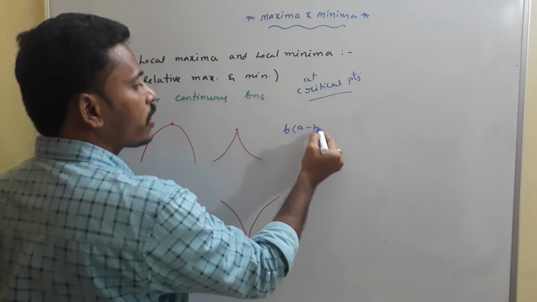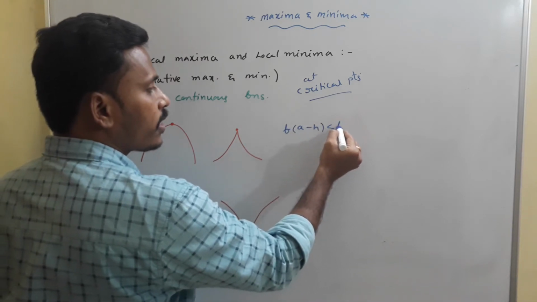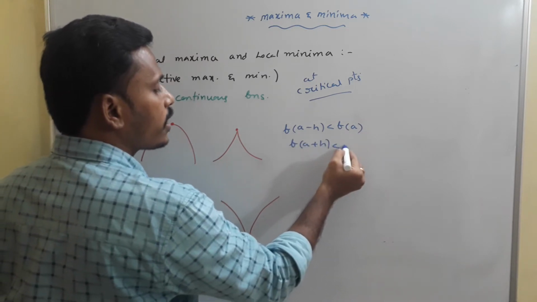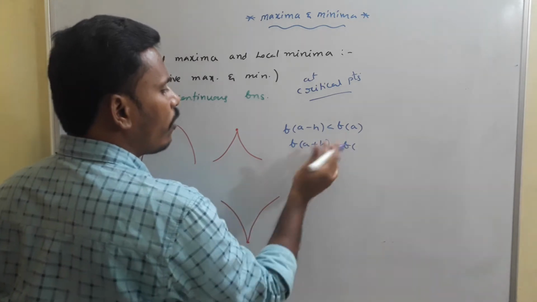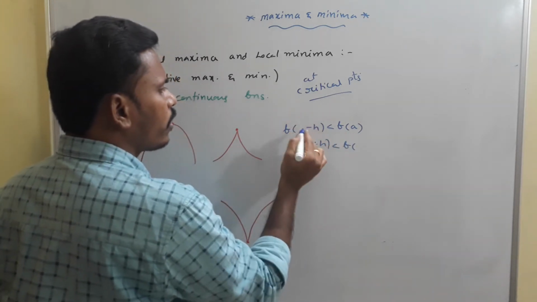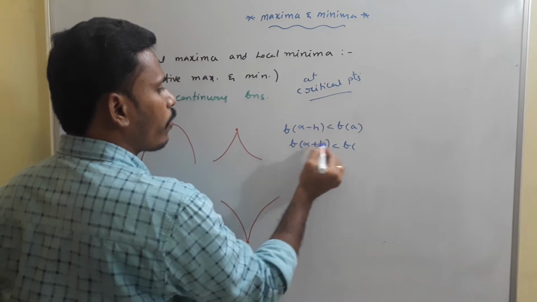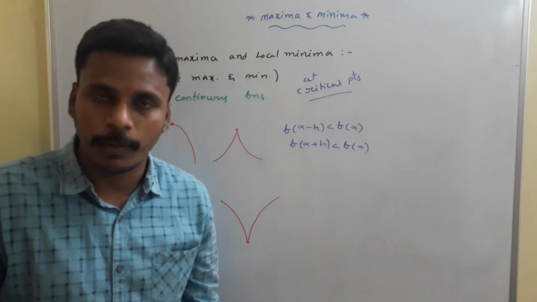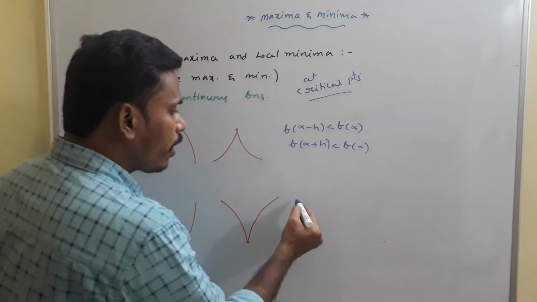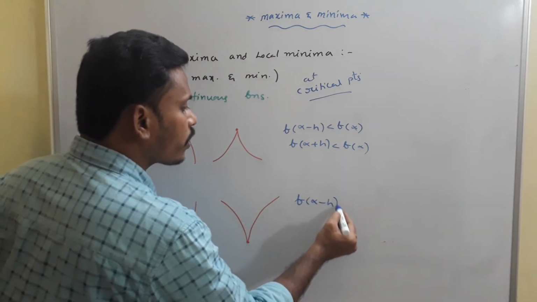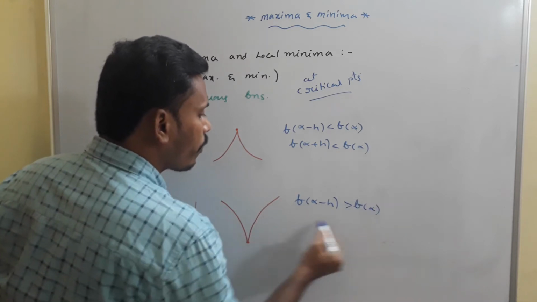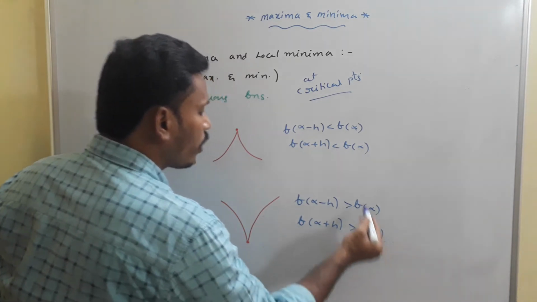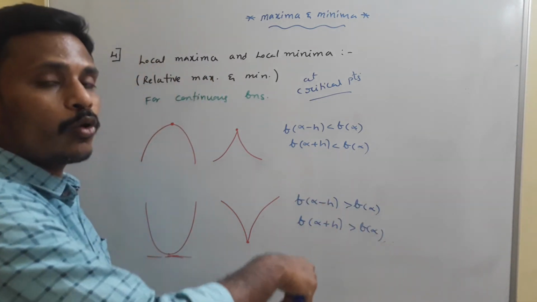So for this, f of a minus h value is less than f of a, as well f of a plus h is also less than f of a, or you may say alpha, just as we discussed at alpha, so f of alpha. In this case we say that f of alpha is the maximum value for the function. Again, for minima, if f of alpha minus h is greater than f of alpha, and f of alpha plus h is greater than f of alpha, then f of alpha is the minimum in the neighborhood of that alpha.